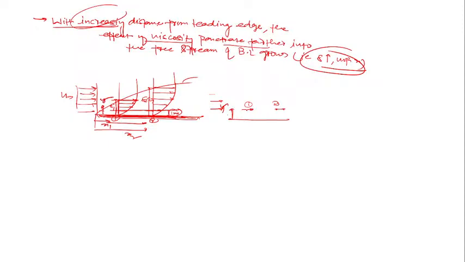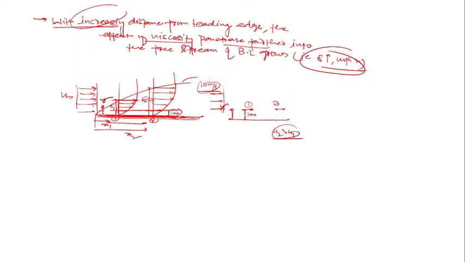Obviously it will be higher. So you can say yes, at point 1 velocity is more, at point 2 velocity is less. It means if velocity at point 2 is less than velocity at point 1... Let's say upstream velocity is 10 meter per second, and here at 1 millimeter distance from the surface, velocity is u1, and u2 is more than u1. So at which point does the fluid have to be